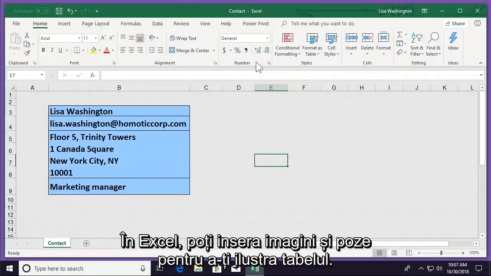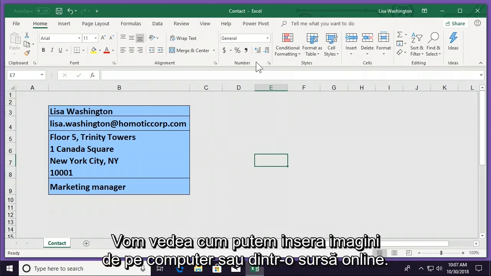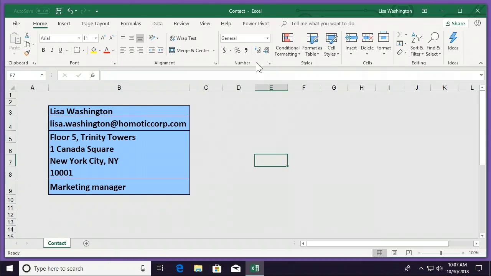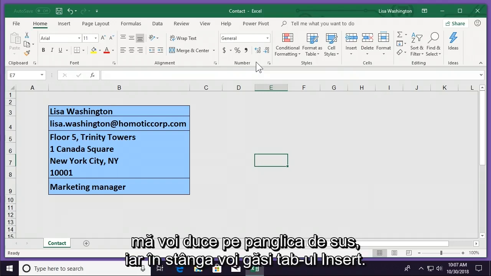In Excel, you can insert images and photographs to illustrate your table. See how to insert images from your computer or an online source with Excel. So from my worksheet below, if I'd like to insert an image, I'll need to go up to my tool